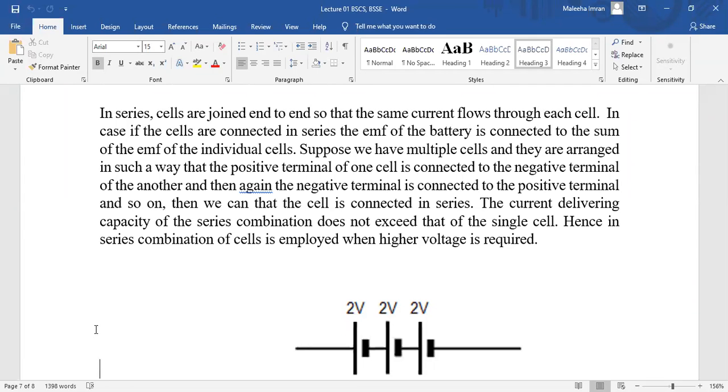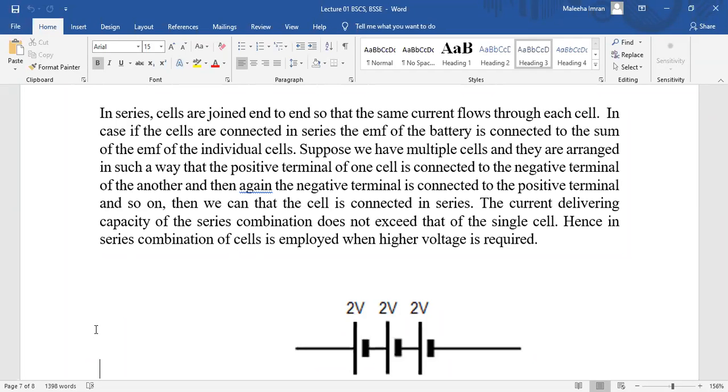इसका मतलब ये हुआ कि अगर आप सेल्स को एंड टू एंड ज्वाइन करेंगे तो उस सूरत में आपकी ये सीरीज अरेंजमेंट होगी। और one thing must be remembered, in the series arrangement the current remains the same। इसका मतलब आपका करंट सर्टेन वैल्यू से एक्सीड नहीं करेगा। लेकिन जब आप सेल्स को सीरीज में प्लेस करते हो तो the voltage will increase। For example, अगर आपके पास ये 3 सेल्स हैं 2 वोल्ट each, तो आपके पास जो टोटल पोटेंशियल डिफरेंस आएगा इन सेल्स का, that will be 6 वोल्ट।